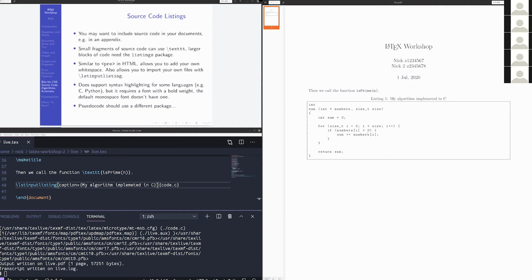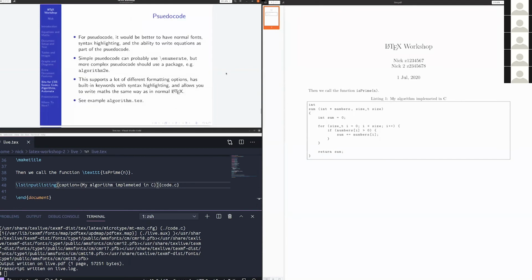So this is very useful if you have some kind of document where you're using source code and you want to provide the source code in like an appendix or something. You say, here's the source code I used. But you don't always deal with source code, right? Sometimes you want to deal with just pure algorithms and you want to use pseudocode. So there's another package for that called algorithm2e. Yeah, so simple pseudocode can probably use enumerate. That's something that we'd normally cover inside the extra document features section. So enumerate is basically like,